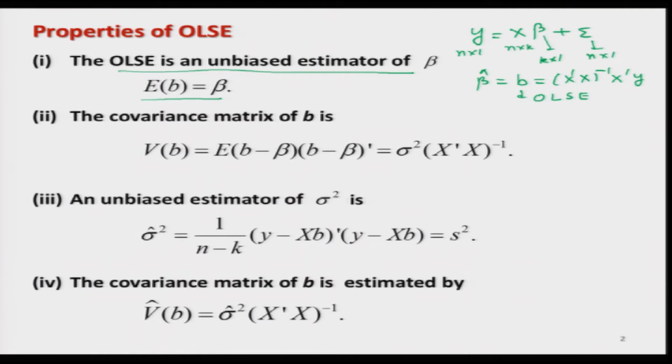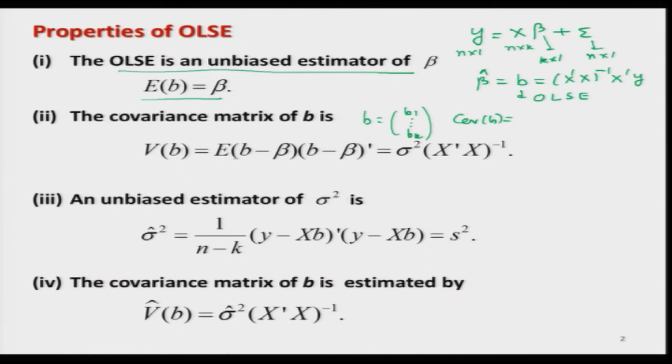If you recall, in the case of the simple linear regression model, we had obtained the variances of the least square estimators of the slope parameter and the intercept term, and we had obtained their covariance also. So we had obtained the variances of B0 and B1, and the covariance between B0 and B1. Now in this case, you have B equal to B1, B2 up to Bk. There are k parameters. So for that, we try to obtain the covariance matrix, which is defined here as